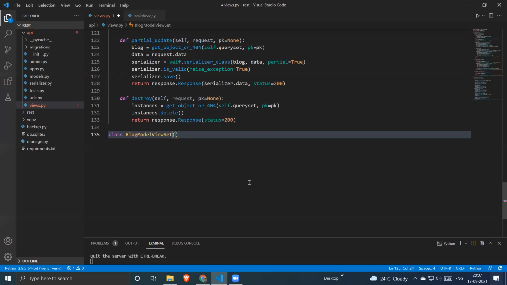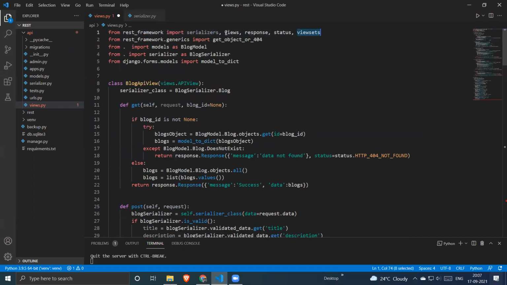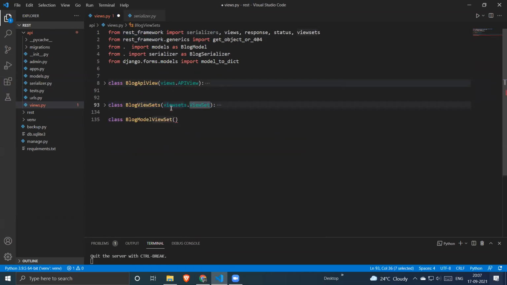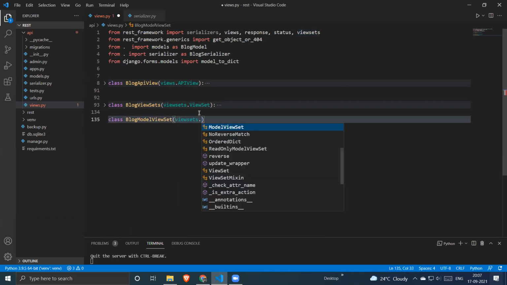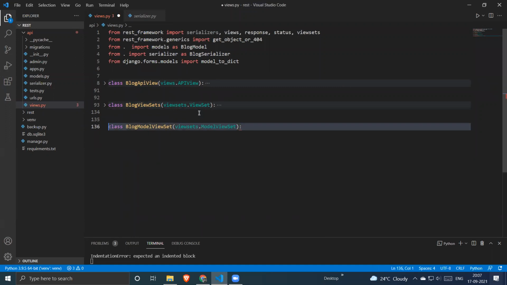We have already extended from the REST framework, so either we can use the ViewSet or the ModelViewSet. Both are in the viewsets class. So we are going to use viewsets.ModelViewSet.